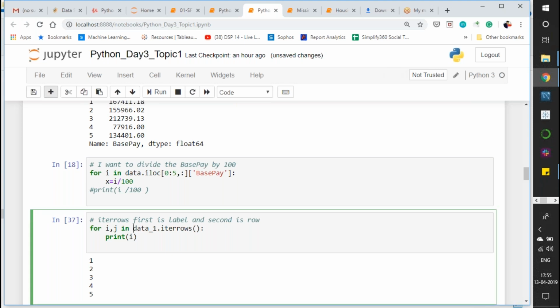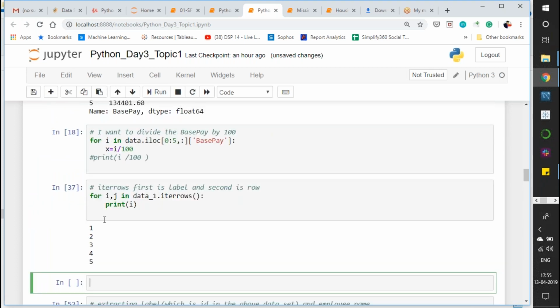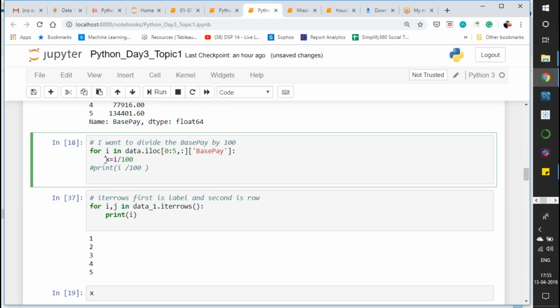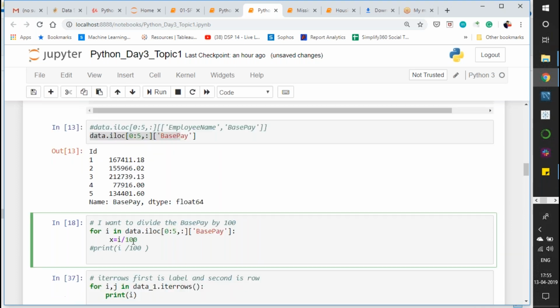So now insert a cell below, and when you print X here, what is happening? Can you think about what is happening here? When I am applying X equal to I by 100, what is happening? When I am applying a loop throughout the entire column of my data set,